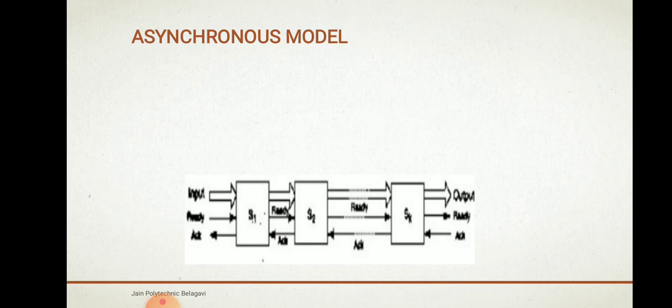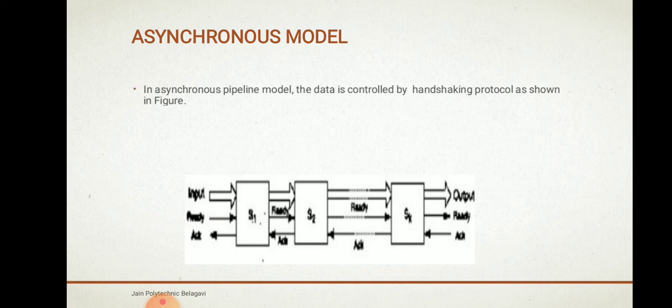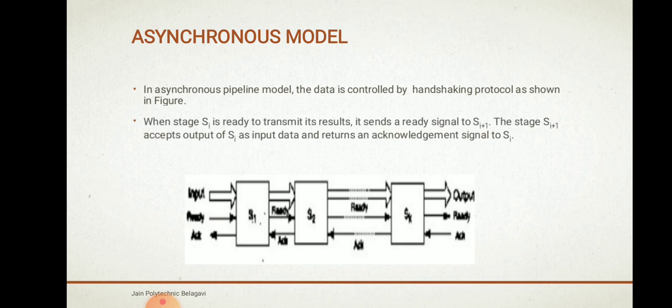First we'll go for the asynchronous model. As you can see, this is the asynchronous pipeline. In the asynchronous pipeline model, the data flow is controlled by a handshaking protocol as shown in the figure. When stage Si is ready to transmit its results, it sends a ready signal to